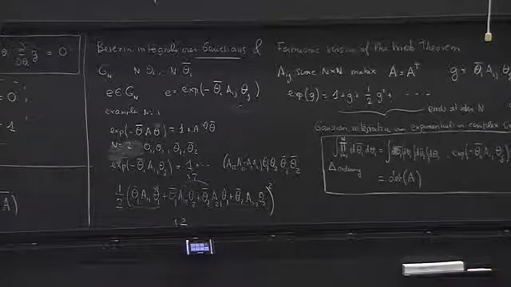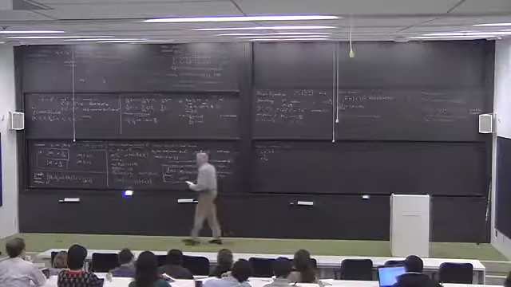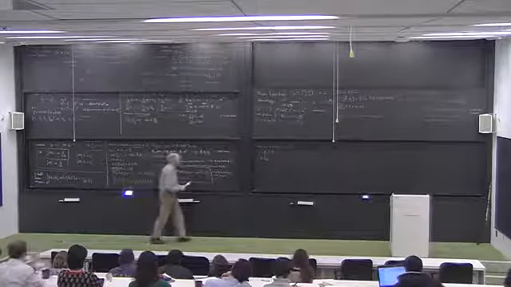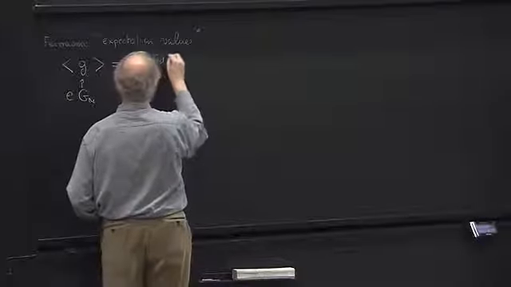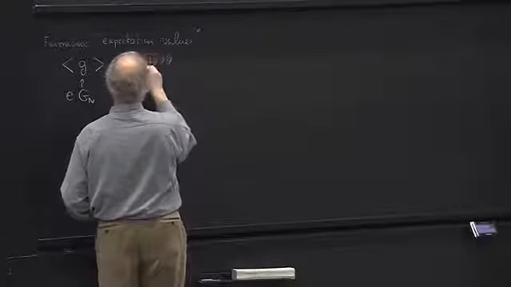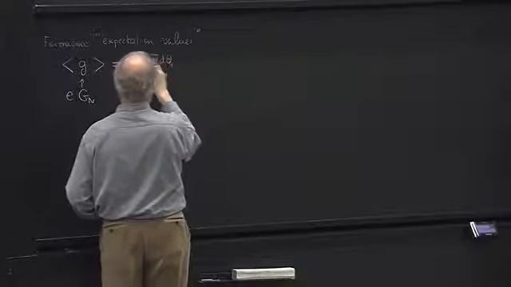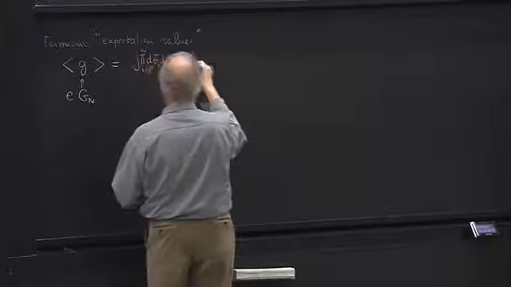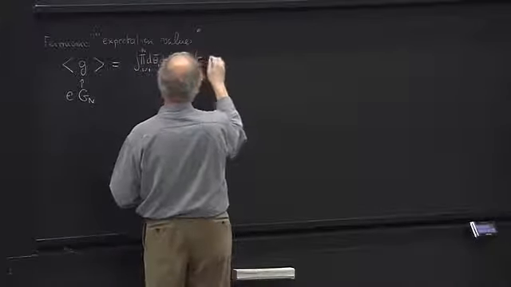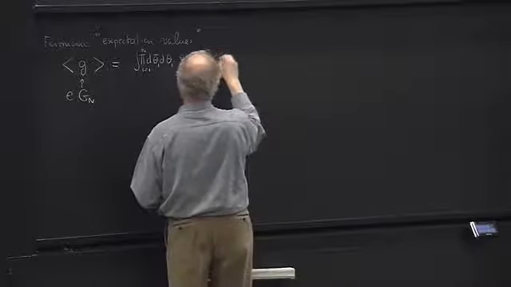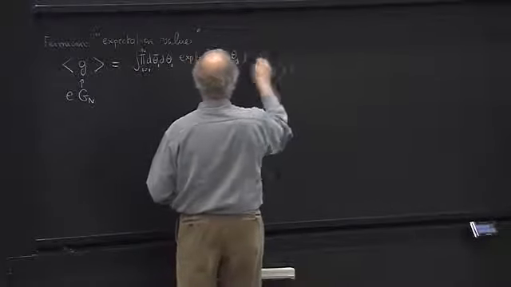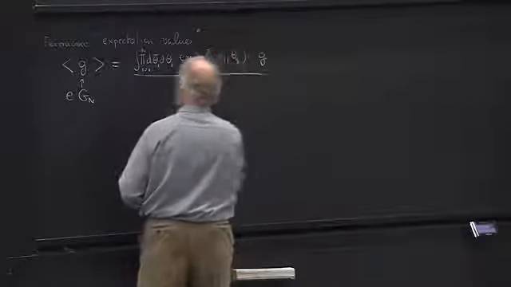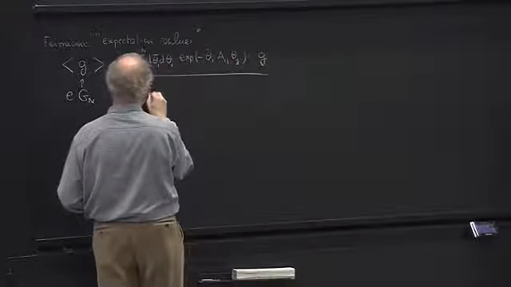This is simply the integral over those d theta bar d theta, products from i equal 1 to n, of the exponential of minus theta bar i A_ij theta j times g, normalized by, so divided by